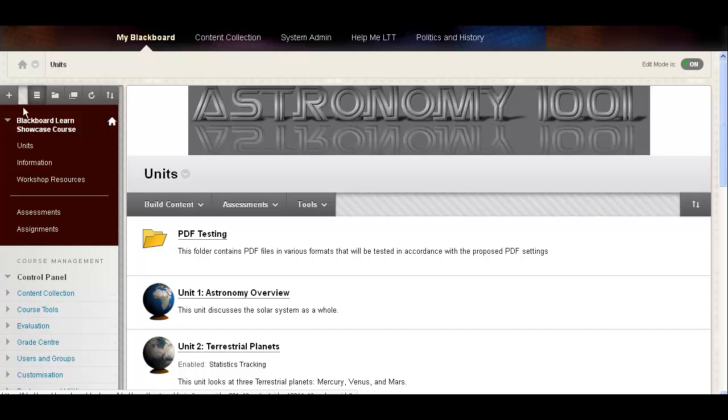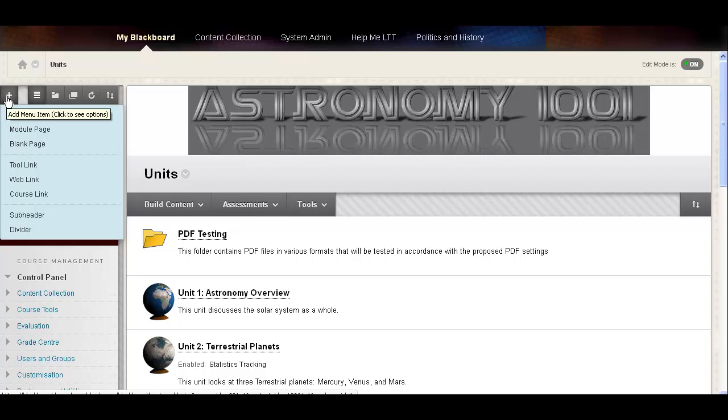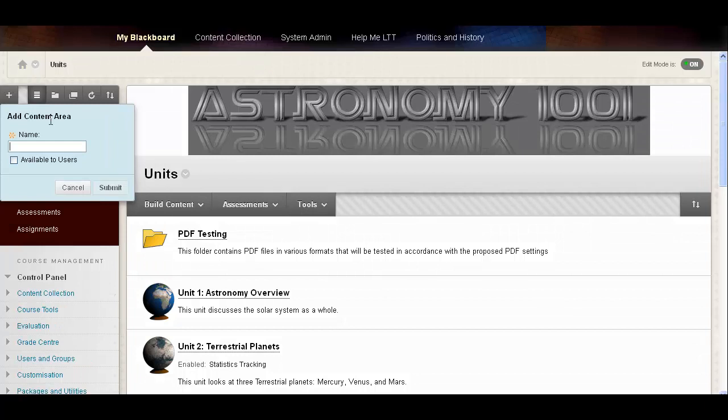You'll notice that there's a plus button at the top here. If I hover over it, I can choose to add any particular links. So I can choose here to add a content area, which, as I said, is like a folder. So if I click on that, I will be asked to enter a name. So I'm going to call this information,